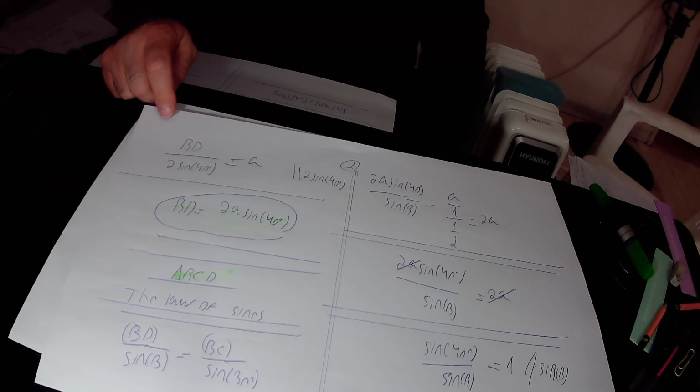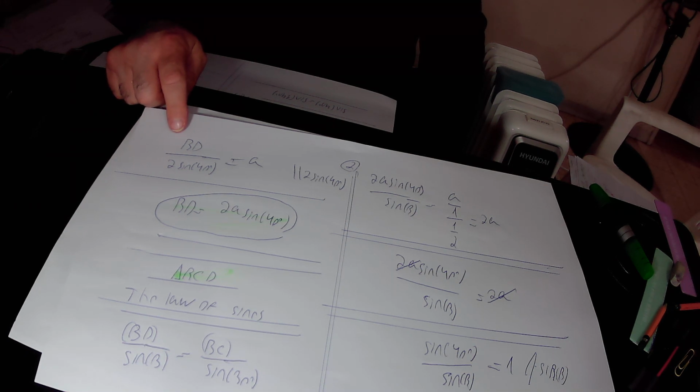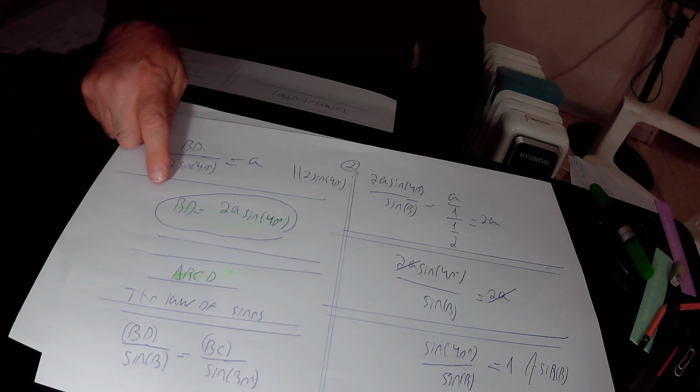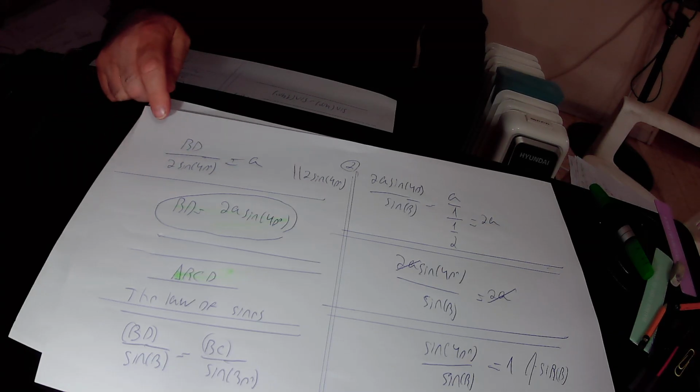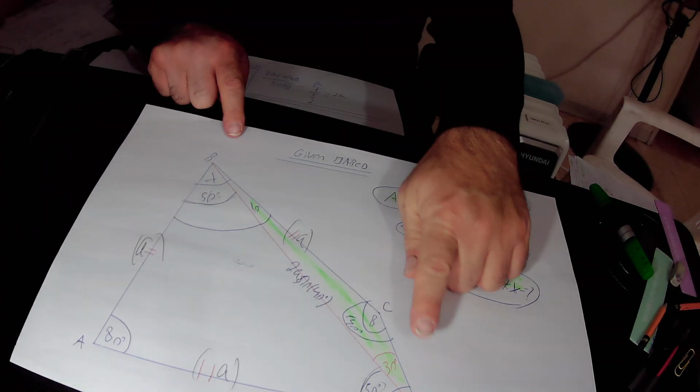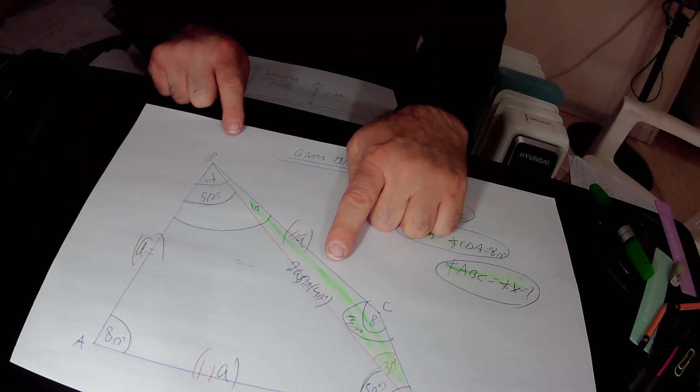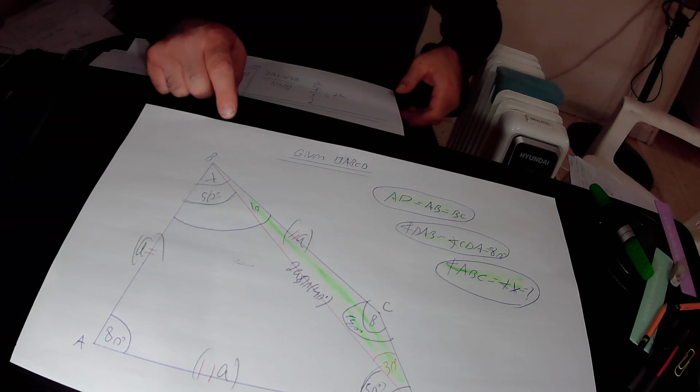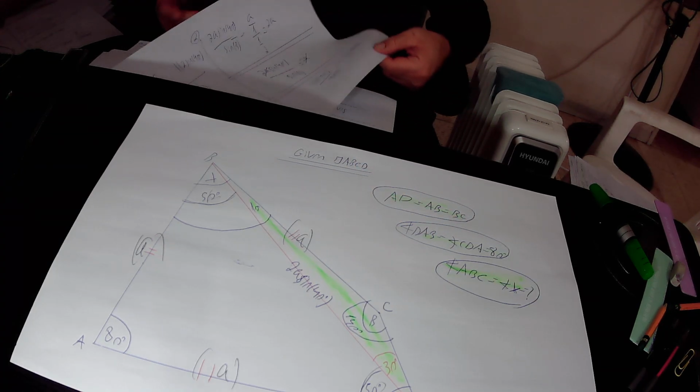Here, multiply this equation by 2 times sine 40 degrees, and we find that in total BD equals 2A times sine 40 degrees. This is the missing side. BD equals 2A times sine 40 degrees in its length. In the next step,